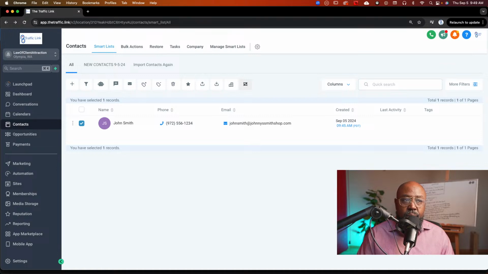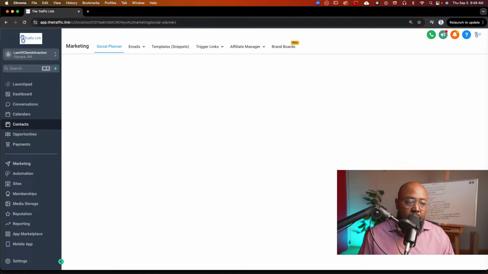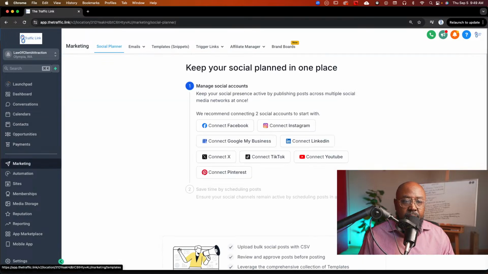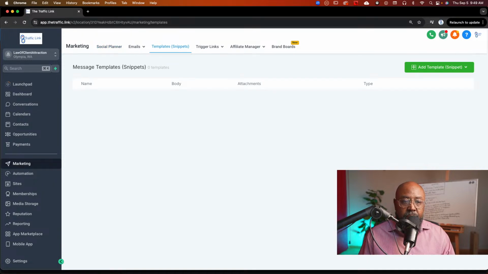That's also going to include how to set up your marketing templates, which we probably already covered before, but we'll show you a different way to include templates. There's another piece of the software where you can go into template snippets. You can set up template snippets, which are small templates, small snippets of information that you can insert into your workflow automations.